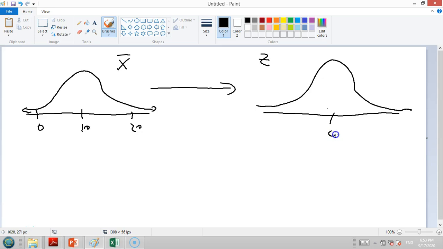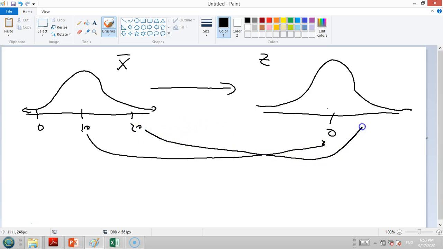Now this is going to be 0 here, all right? So the 10 corresponds to 0. The 20, I don't know, it might correspond to some other number. What is the conversion formula? You guys remember? It's like this: Z